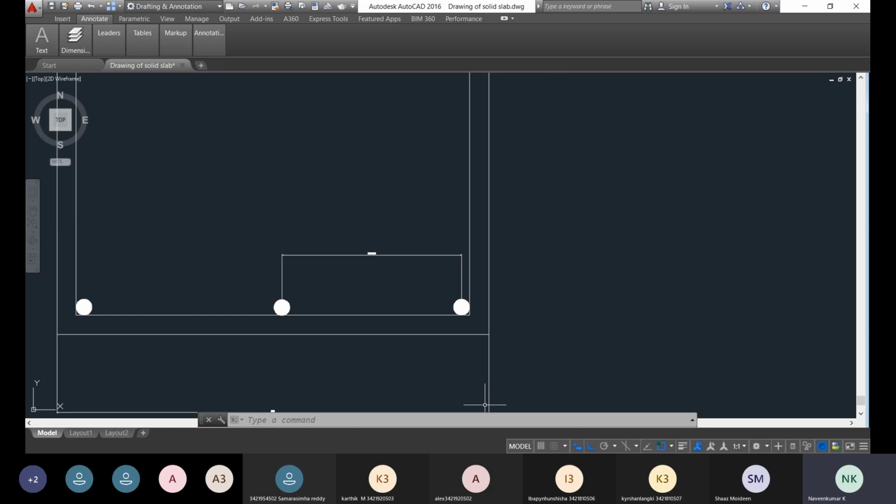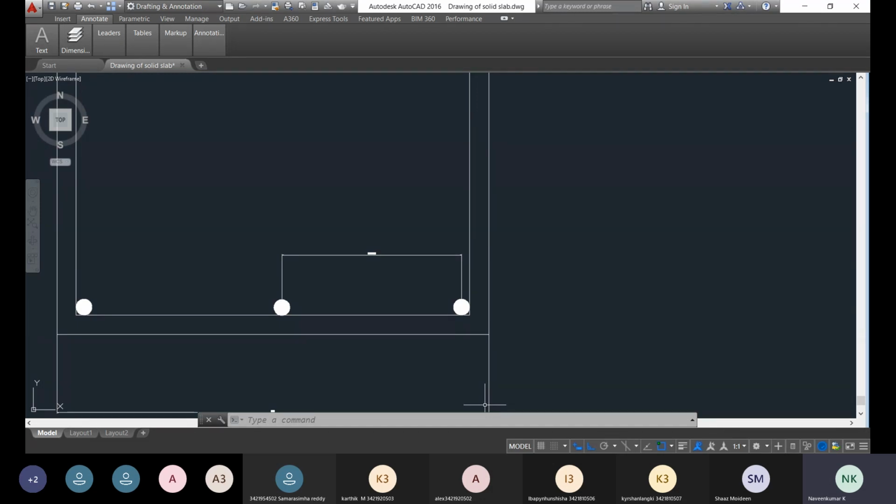Okay, so the first condition is the horizontal spacing between the two bars should be greater than or equal to the diameter of the bar. That is 25 mm is the diameter of the bar we have chosen. So the horizontal distance between the two consecutive bars should be greater than that limit actually. Okay, so the second condition is what?